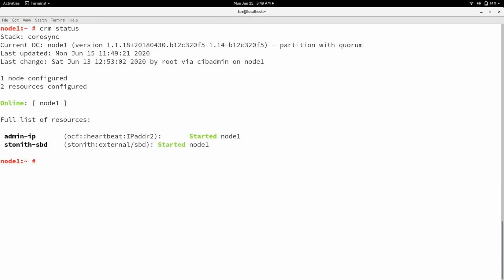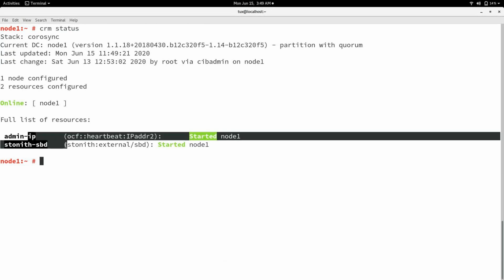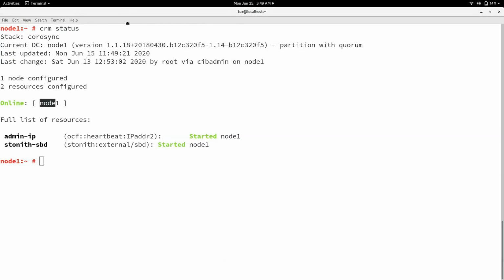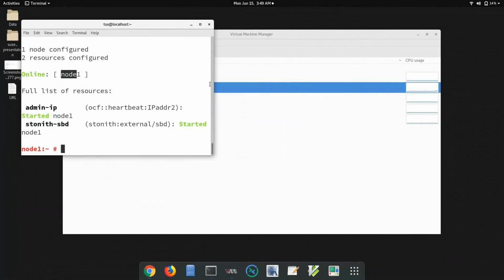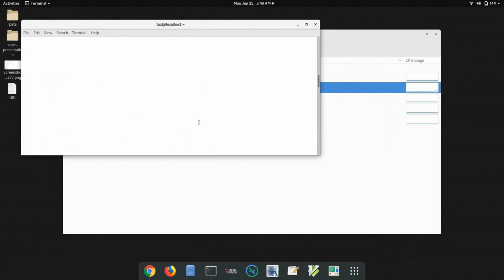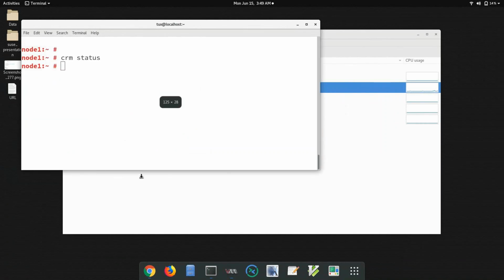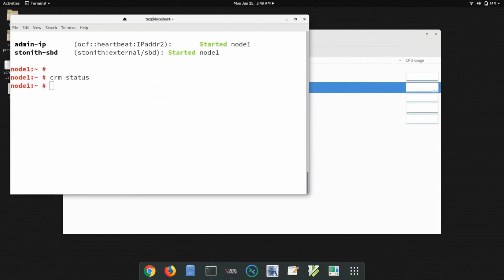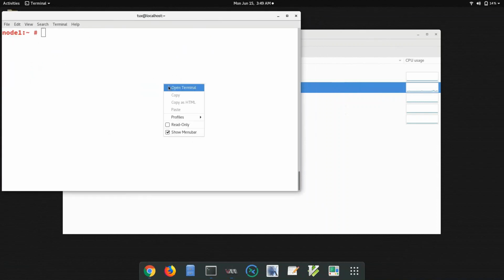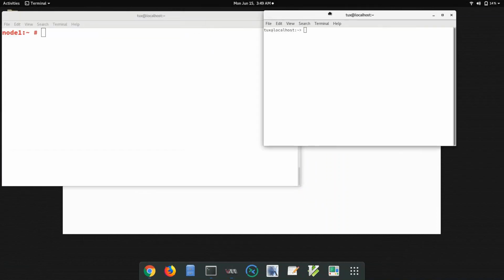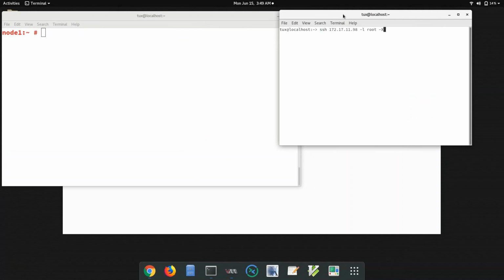I can see I have these two resources, and currently there is only one node which is part of the cluster. So let's add the second node into it. Why not take an SSH connection, because it will be easy. The IP address is 122, enter.